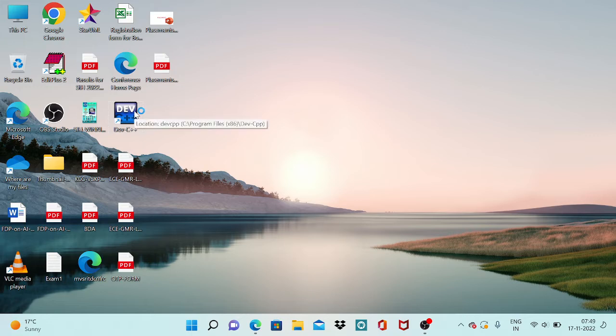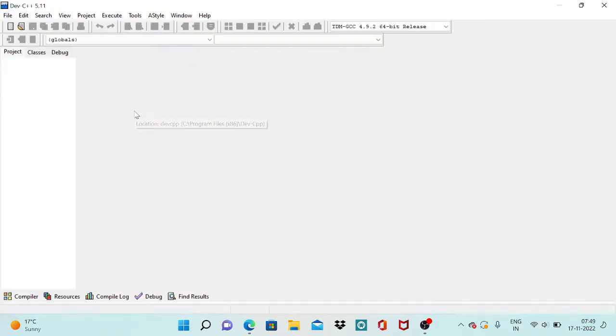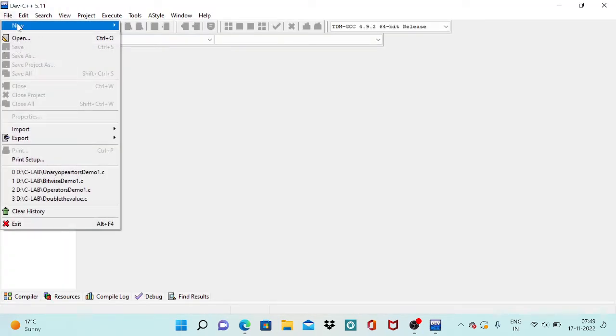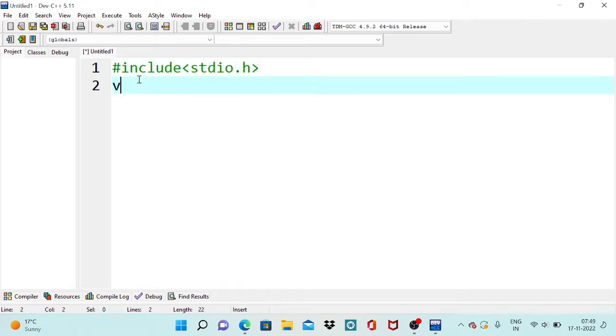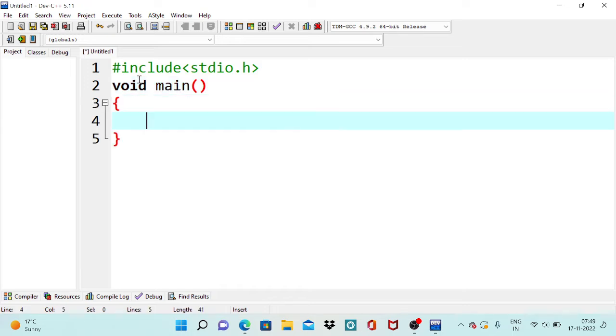Here, open the editor first and create a new source file. So first include the list of header files that are required. Here we need only one header file, that is our regular header file called stdio.h. After that, begin the main method, and here